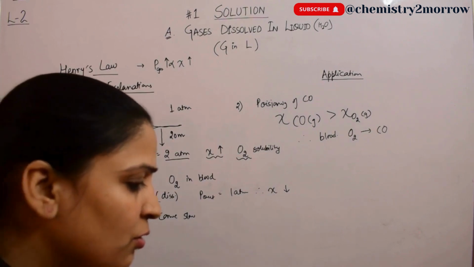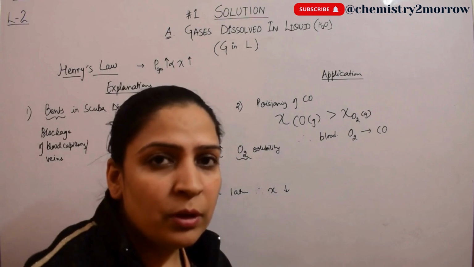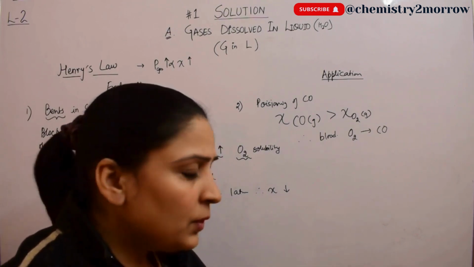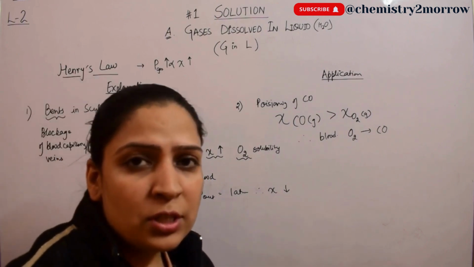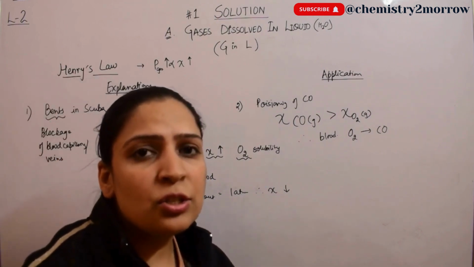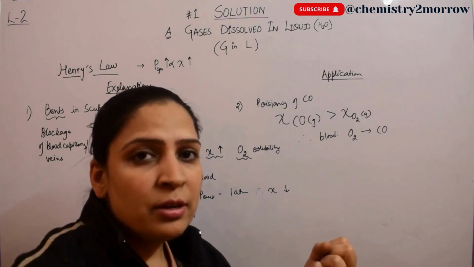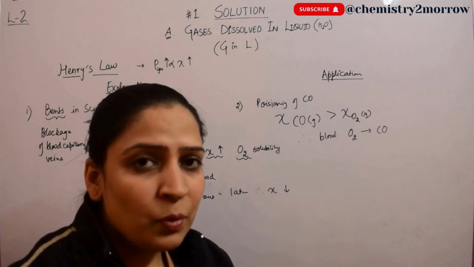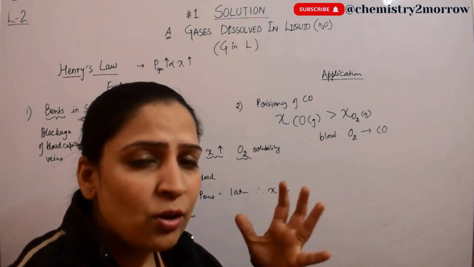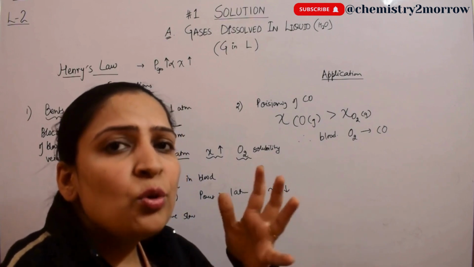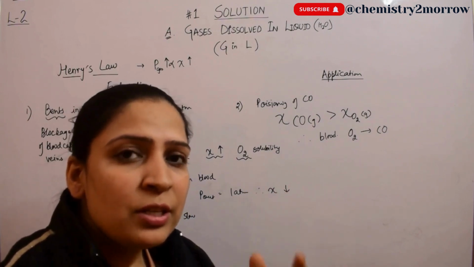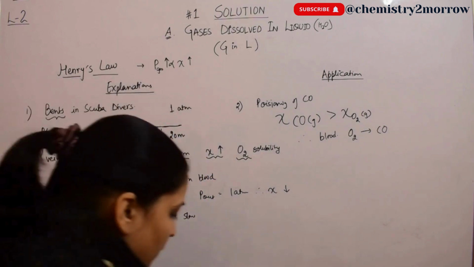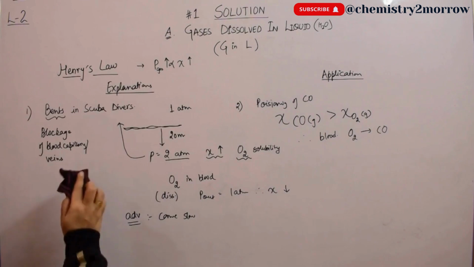There are other factors also, like how respiration works. Whenever there is deoxygenation, or not enough oxygen, then as we inhale, the oxygen from the air moves to the blood vessels or blood cells where the amount of oxygen is less. So higher concentration of oxygen moves to lower concentration, and that's why they get oxygenated. These are natural processes which can be explained by Henry's law.